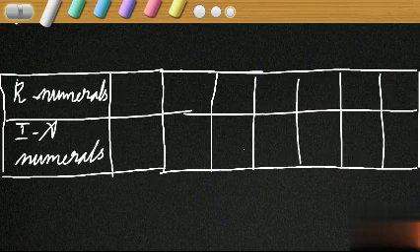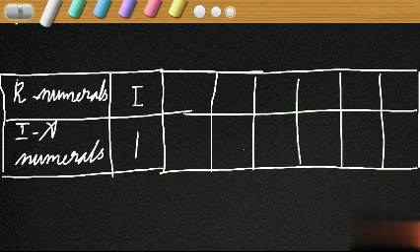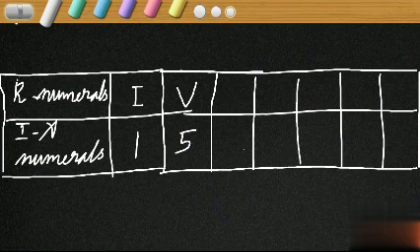Okay. First we have our Roman numeral I. For convenience, mark I as this. I corresponds to the Indo-Arabic numeral what? 1. Isn't it? I corresponds to the Indo-Arabic numeral 1. Next, as we have discussed earlier, the next Roman numeral is V. V corresponds to what? What is the Indian numeral corresponding to V? Yes, 5. Okay, then we have our X. X is for denoting 10.